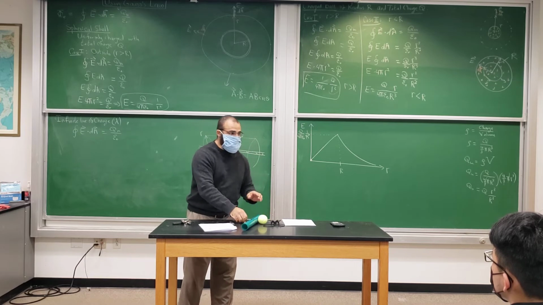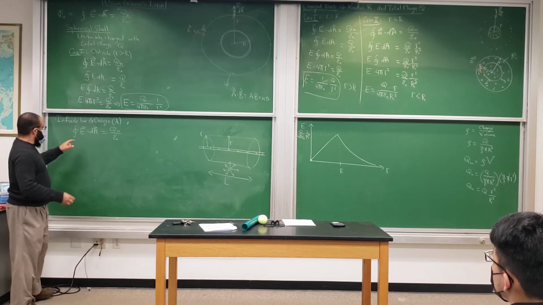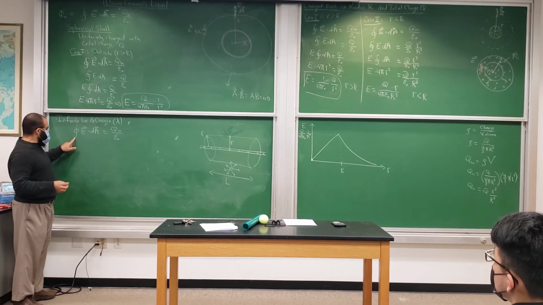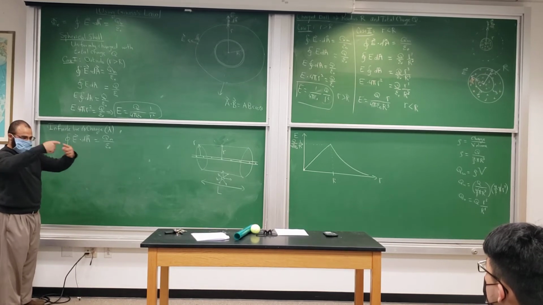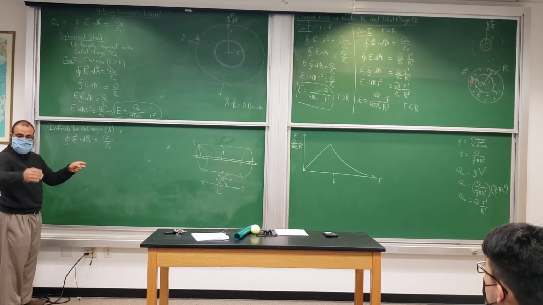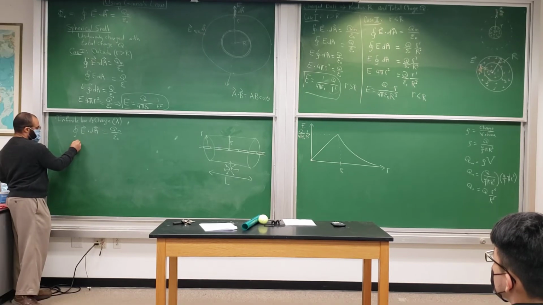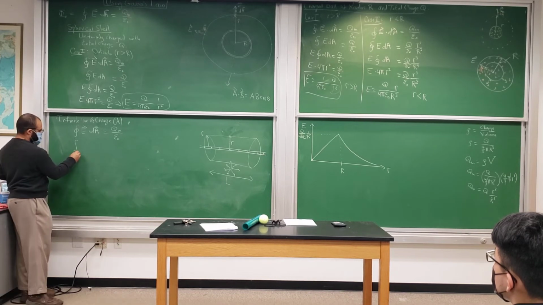So E dot dA is equal to Q over epsilon naught. I'm integrating over the closed cylinder, right? For a sphere, it was just one piece. But for a cylinder, you have the side, and then you have the two caps at the end. So you would have this closed integral. So it will have the curved part